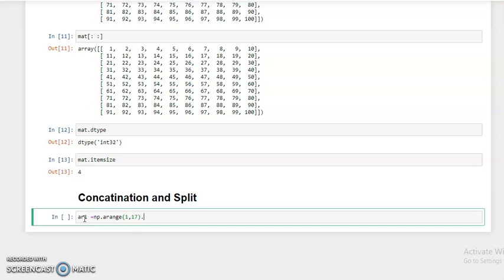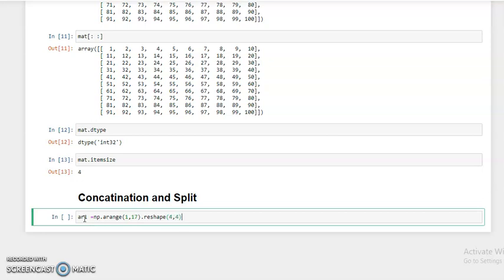And then .reshape; we use the reshape function to reshape the array. Suppose 3 by 3, 4 by 4, or n by n or n by m. Because we have 16 entries, we can reshape my array into 4 by 4, which means 4 rows and 4 columns.